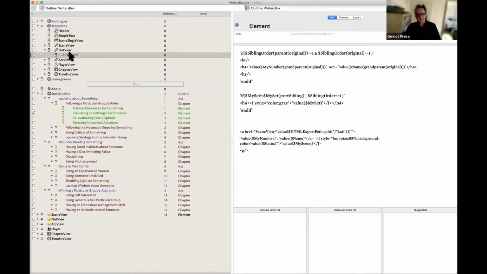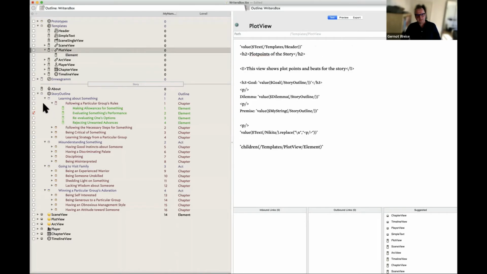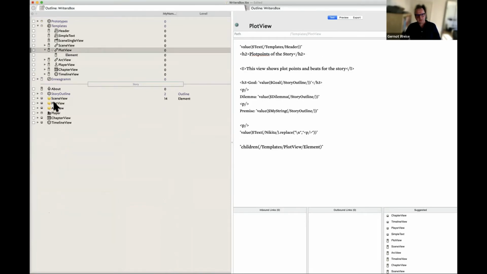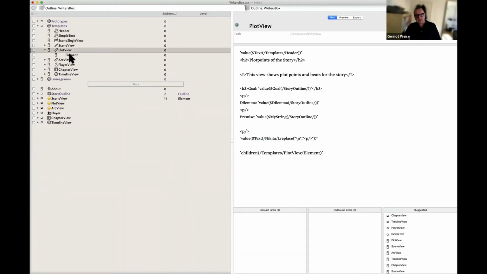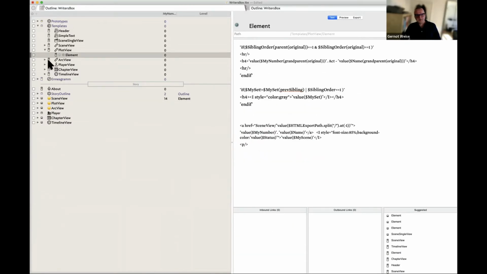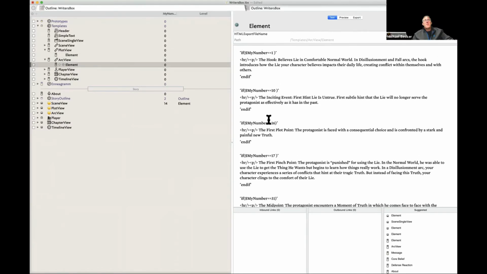Maybe quickly, for the plot view, it's basically the same view. I'm only showing this with a different layout. But here, maybe I have done this a bit differently, or in the arc view, maybe this is basically different. Here I have built a structure in that template where I ask, okay, if this is number 1 or greater or less than 10, then it belongs to the hook, for example. This is just another view of how to see a story.